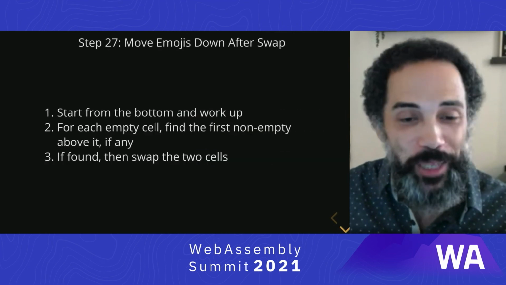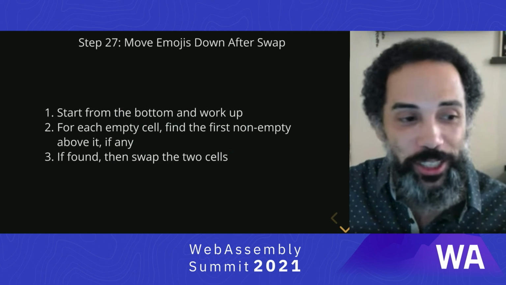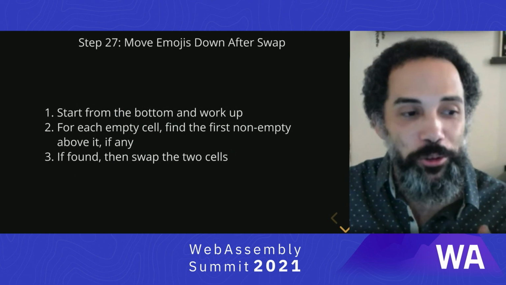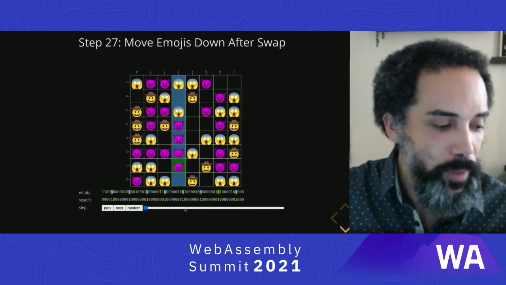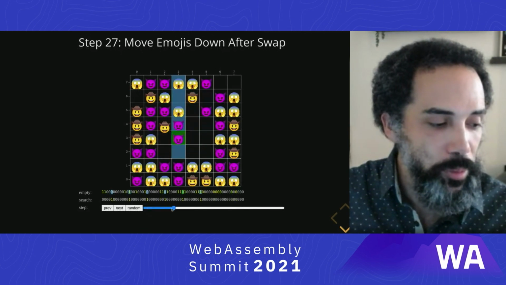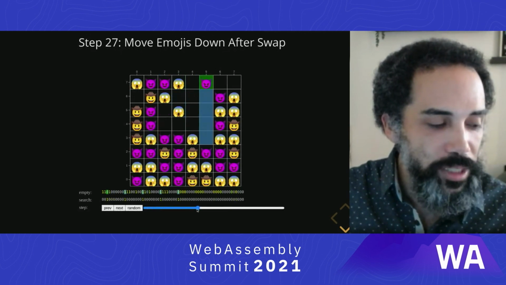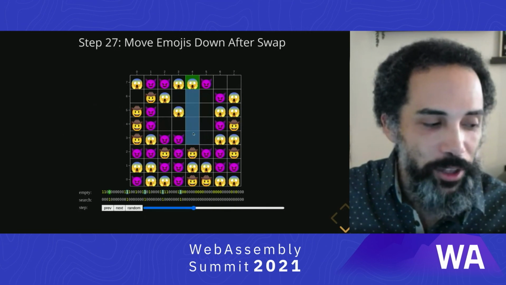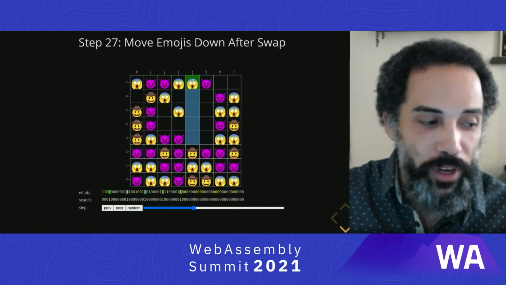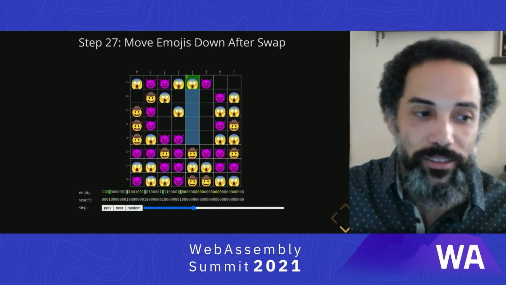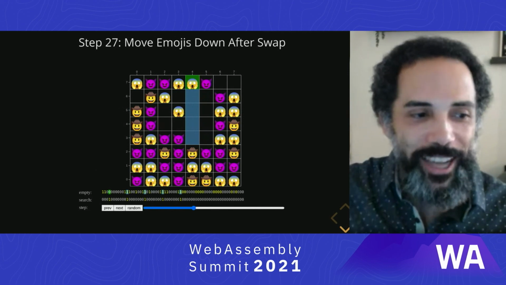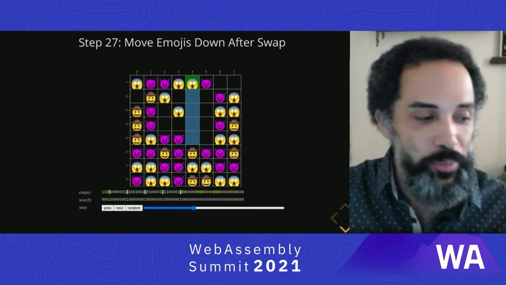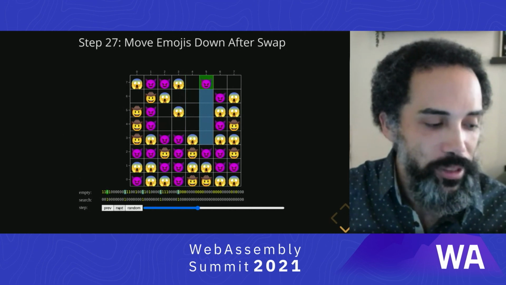I'm going to skip this one because I don't really have time for it, but very interesting, a different new algorithm to show you how we actually fill in the slots, and a little demo here too that you can play with. Basically what's happening is we look at a cell and then we look at all the cells above and we find which one is the closest one above that is actually filled in. We use that to move down in the next step.